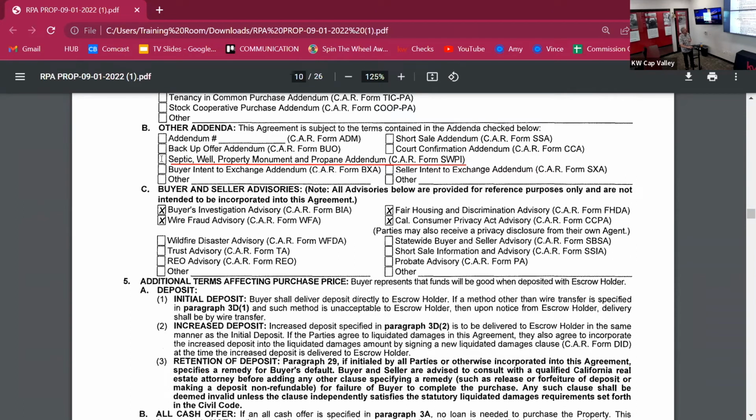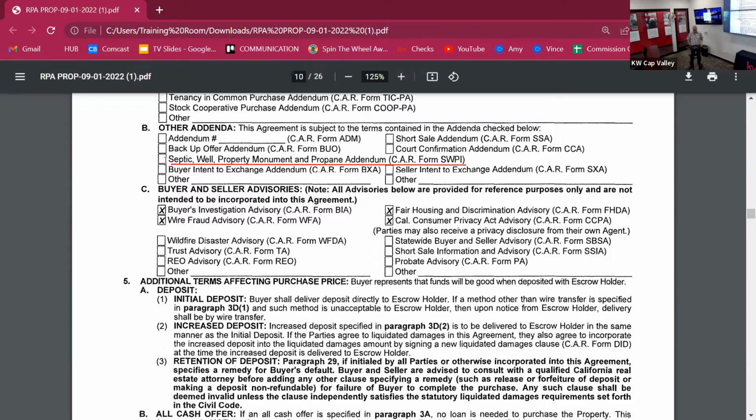Here, very important, I underlined this because it's really easy to miss. Actually, two things. If you're buying a property that has a septic, a well, or a propane tank, you really want to check this box and add in this form, the SWP. What does the SWP do? Well, the problem with, and I'm going to focus on septic systems first, the problem with a septic system is